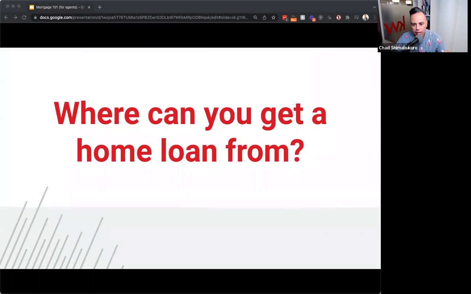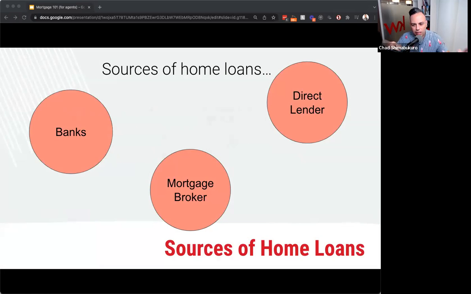Where can you get a home loan from? I used to kind of draw this out. I used to make it in circles. Anyone who's seen me do a buyer consultation has seen me do this. I explain this for a reason, because people get confused as to what is available out there, and they think they're all the same. I'm just going to go to my American Savings or my credit union to get a loan. And I don't doubt why that is, in terms of the sake of ease and convenience and so forth.